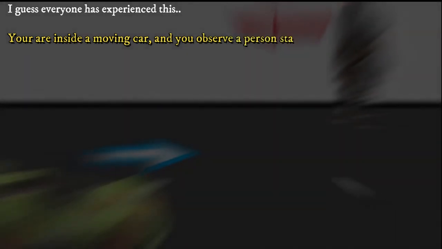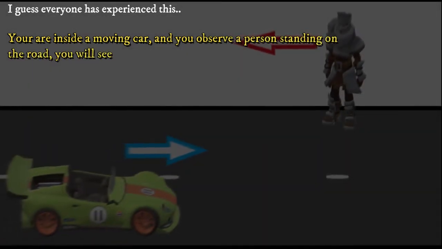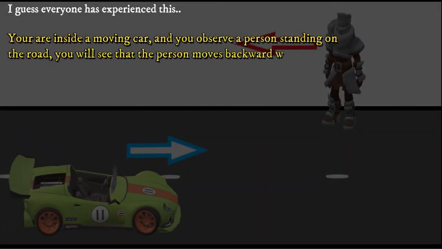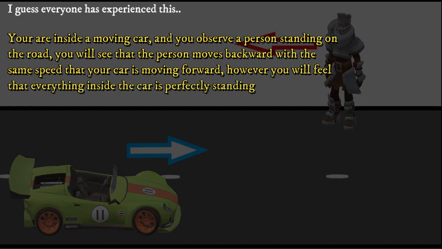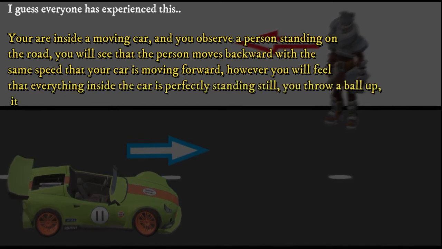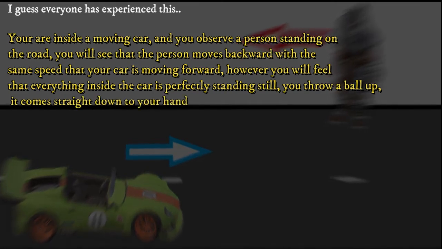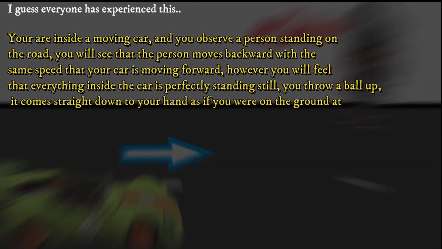I guess everyone has experienced this. You're inside a moving car and you observe a person standing on the road. You will see that the person moves backward with the same speed that your car is moving forward. However, you will feel that everything inside the car is perfectly standing still. You throw a ball up, it comes straight down to your hand as if you were on the ground at